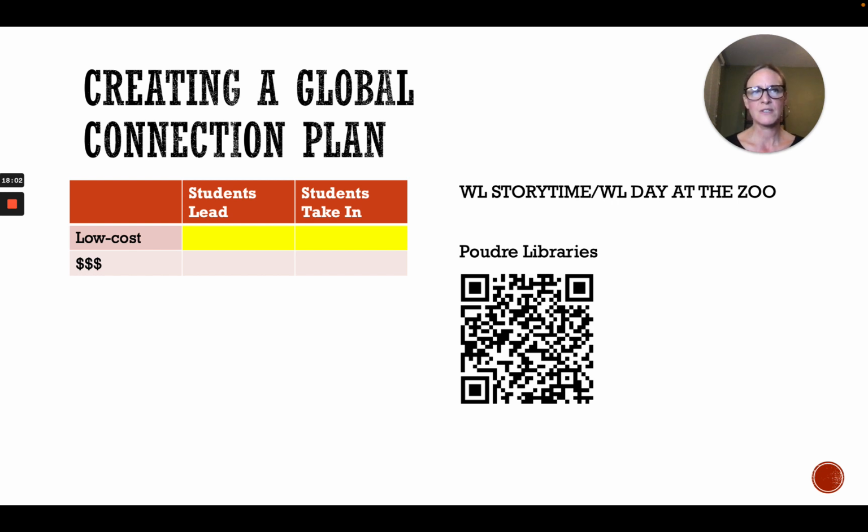And my students made activities and presentations to go with those animals. And the zoo would say, okay, your presentation needs to include their habitat, their food sources, and a whole list of things that they wanted in the presentations. The presentations had to be in the target language.